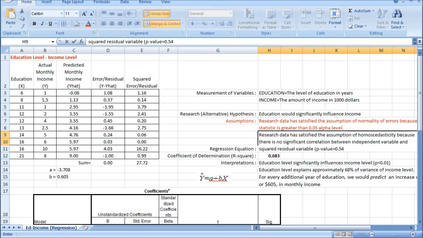Yeah, 549, was greater than, is greater than the 0.05 alpha level, right?